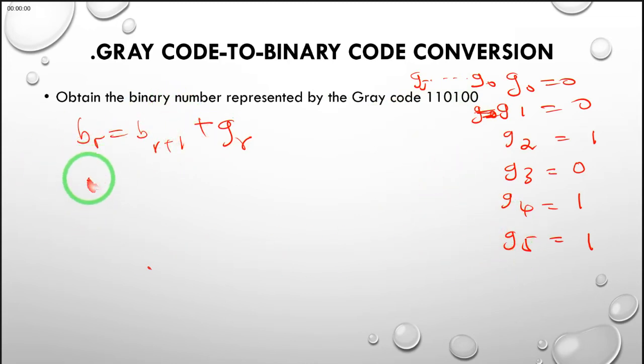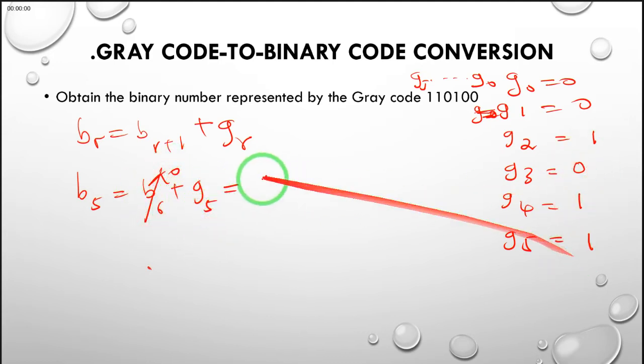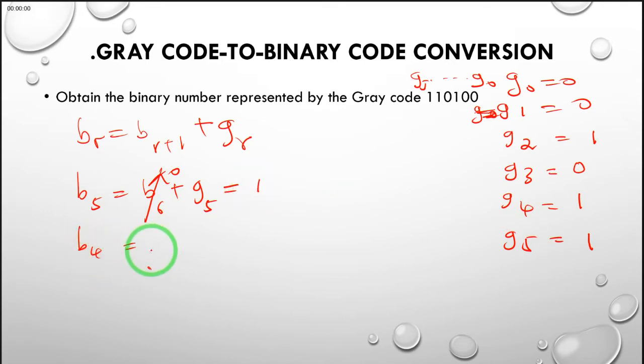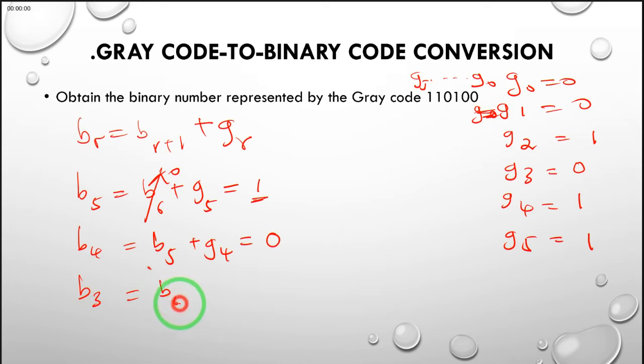and therefore we say that b5 is going to be given by b6 plus g5. We know we don't have b6, so we can equate that to 0. This becomes g5, which is 1. b4 is equal to b5 plus g4, and we know g4 is 1, and what we have obtained here is 1. So 1 plus 1 becomes 0. We ignore the carry. b3 is b4 plus g3. We know g3 is 0, plus 0 above,